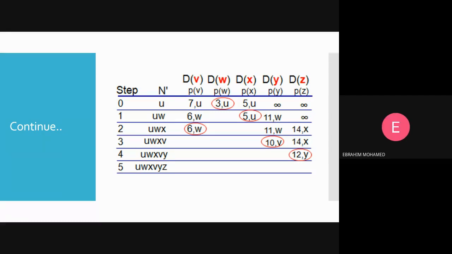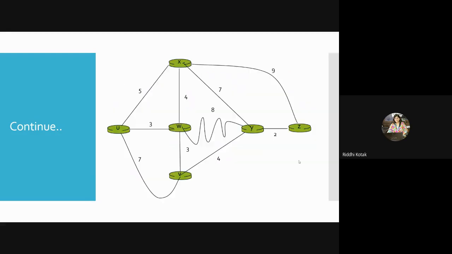Okay, ma'am. Yes. Okay. So the minimum one is, as I told, 6 comma W. So select the V node. Now again come to the graph. If you go with the column, those nodes which are already in the end dash, you do not need to check for that. So V is visited, W is visited, X is visited. Now we have to explore only Y and Z, right?